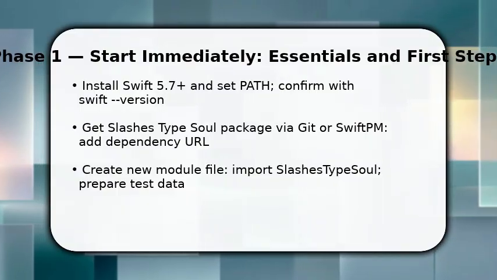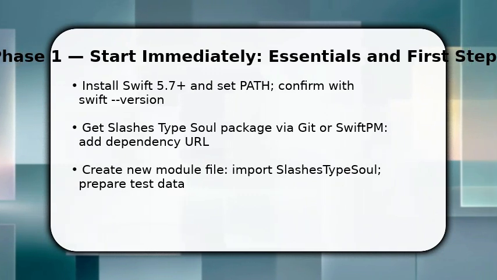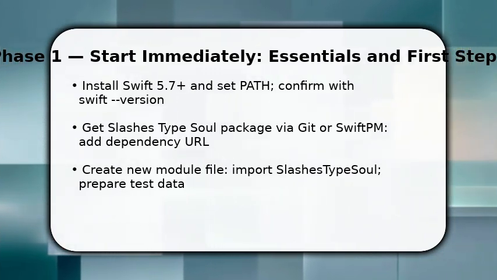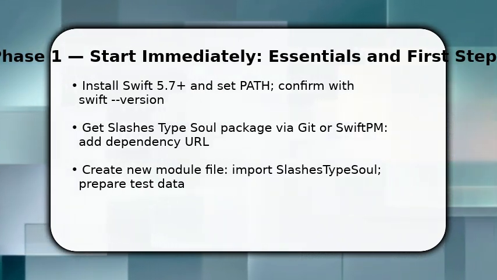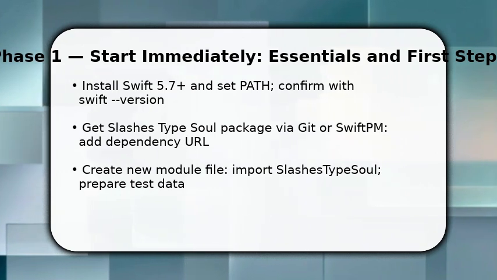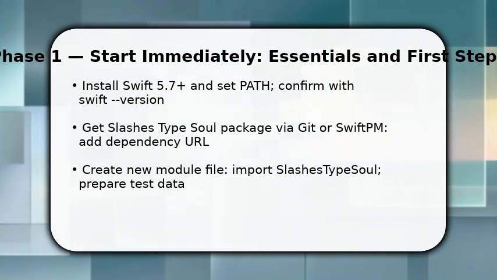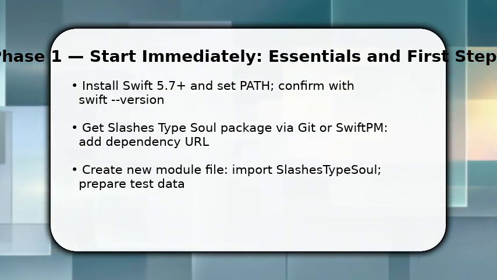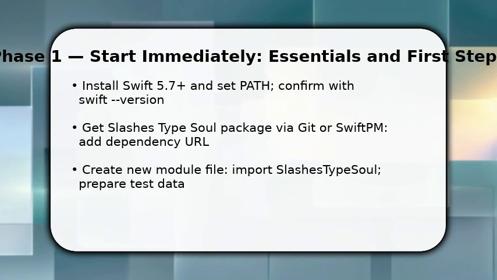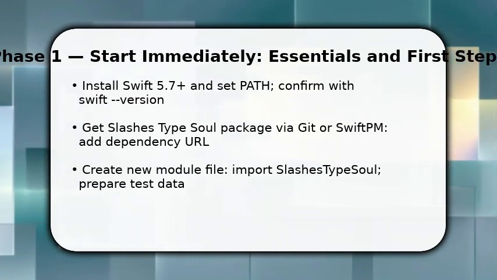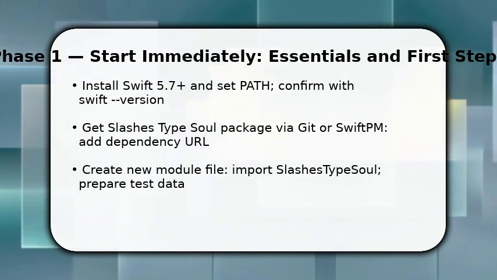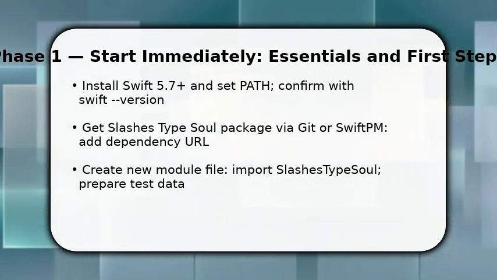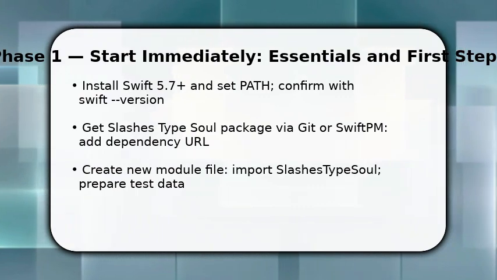You start by confirming prerequisites, then move immediately to action. Install Swift 5.7 or later and set the path. Verify with swift --version. Once done, add the SlashesTypeSol package to Package.swift, or use swift package add to fetch the dependency. Make sure to import SlashesTypeSol in your new module file and scaffold a small test dataset so you can iterate quickly. This first pass ensures the library compiles, and you have a runnable entry point to apply the